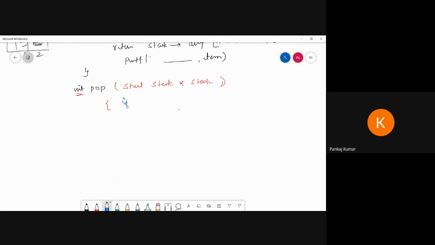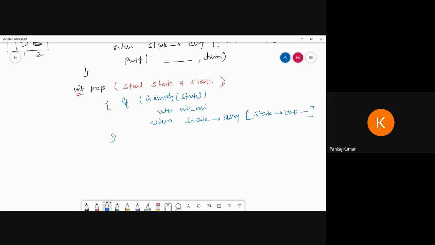Here I'm going to write again: if the stack is empty, it will be checked, is the stack empty? Then it returns the minimum element, whatever the value of int min. Otherwise it can return stack array, and inside the array we have to do stack top minus minus. We have to decrease one element and close this bracket.